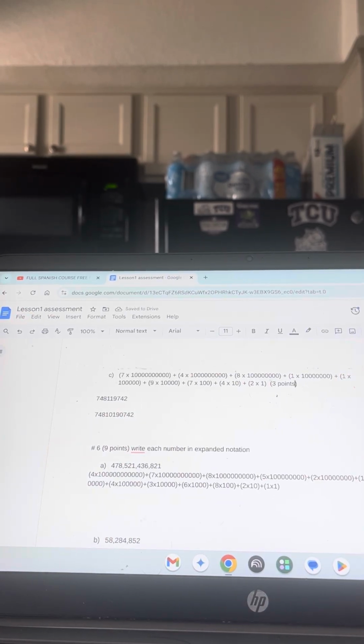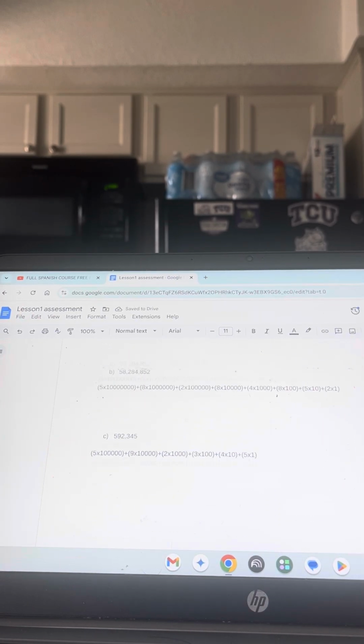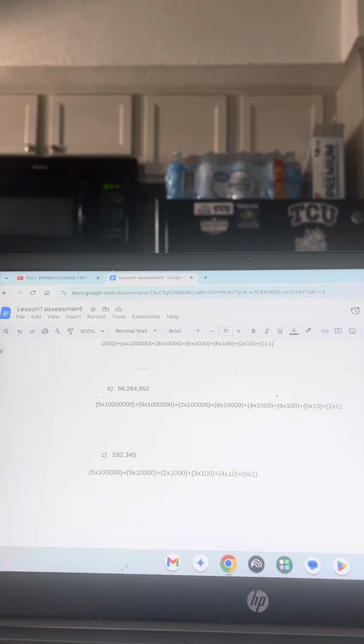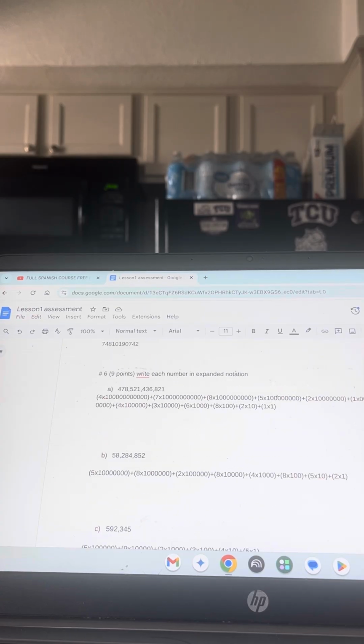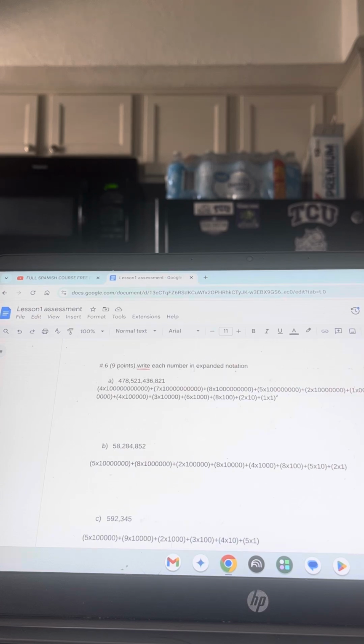Now for number 6, here we go. 9 points each. Okay, so write each number in expanded notation. Now, starting off, what is the place value of this 4 right here? Well,